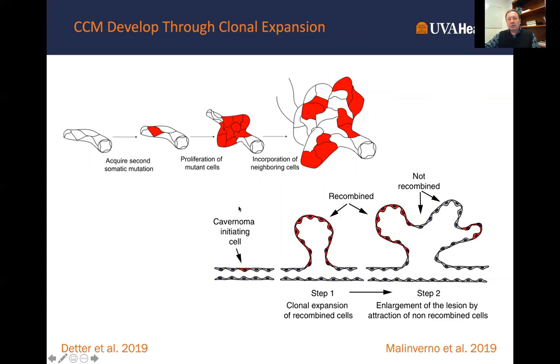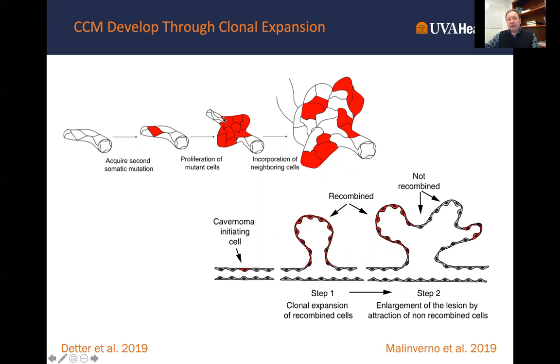These are two different artistic renditions of the same model, and both groups arrived at the conclusion that small lesions, up to approximately 100 micron in diameter, are clonally derived from a single mutant cell in the blood vessel. After that, however, the mutant cells